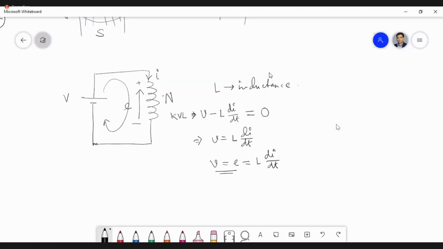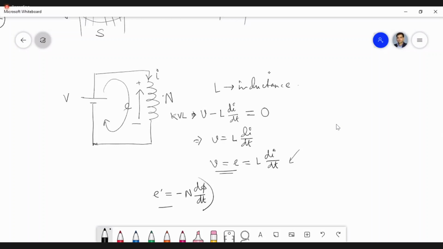Now, another expression that we know, suppose some induced voltage will be there in the coil, and that is equals to, what is that? The induced voltage in the coil due to some flux linkage change that we get from Faraday's law, that is N d phi dt. So how this equation is related to this? We know this equation, and we also know this equation, isn't it? So both the equation is well known. Now how we can relate these two?